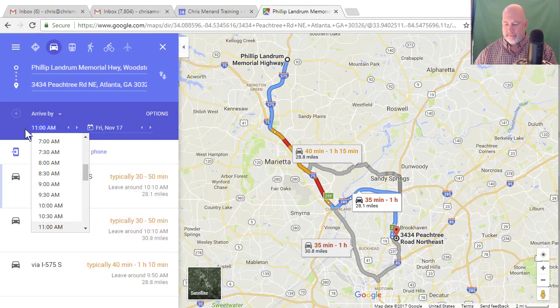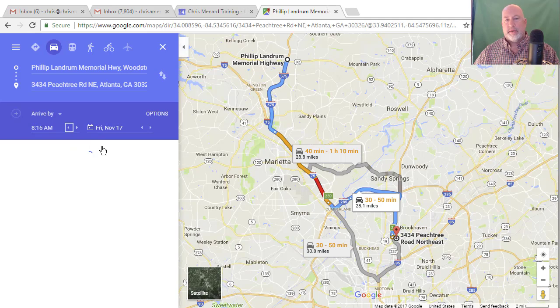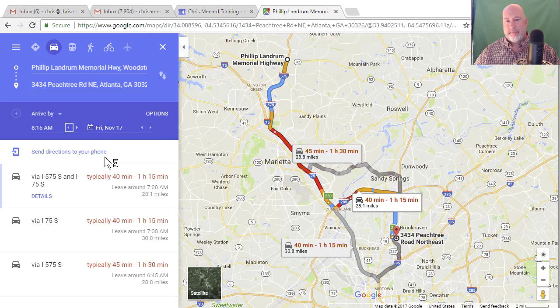And I need to be there at 8:15, 0815. So it's basically going to pick up patterns and tell me I need 40 minutes to an hour and 15. So I need to plan for at least 1 hour and 15 minutes. And here's what's cool. You can either do leave now, which is the default, arrive by, or you can also